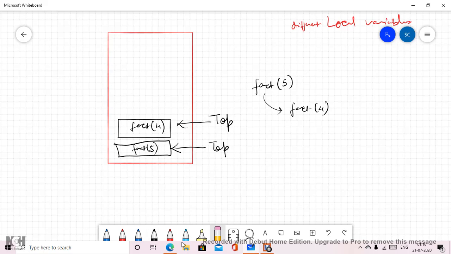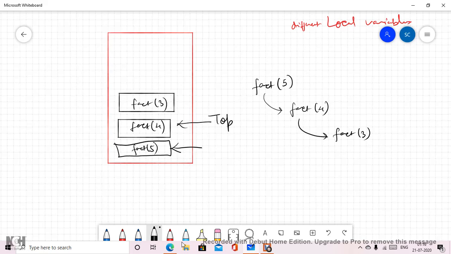Further, this is going to call fact 3 in order to move towards the base condition. So in the stack, my factorial 3 will be here, and now my top is moving here.